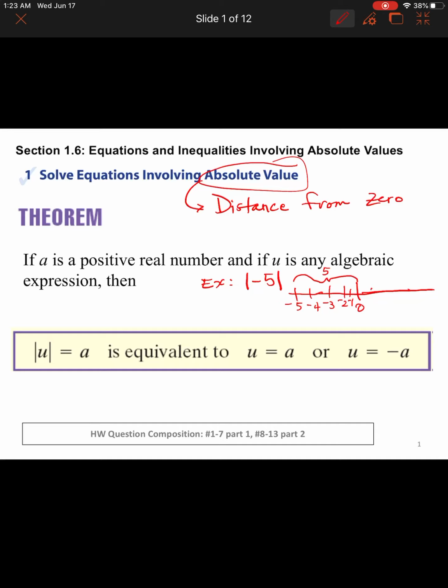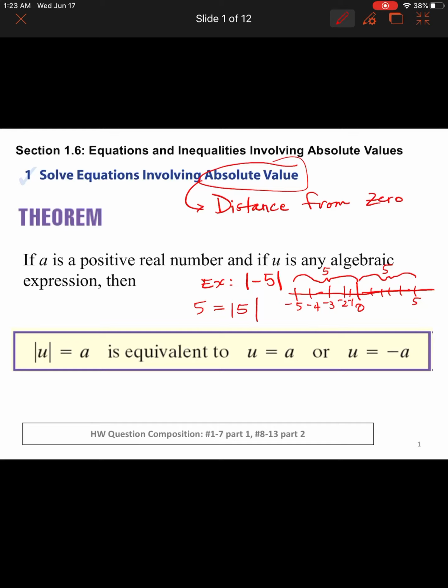Now, how far is 5 from 0? Wow. 5 is also 5 units away from 0. Yeah. So both of these equal 5 because it's saying what is the distance, how far away from 0 are those